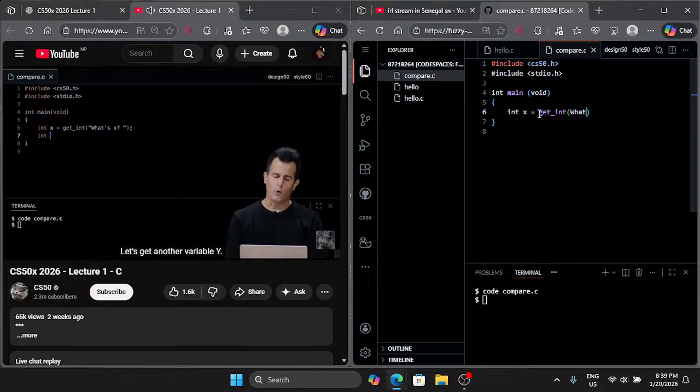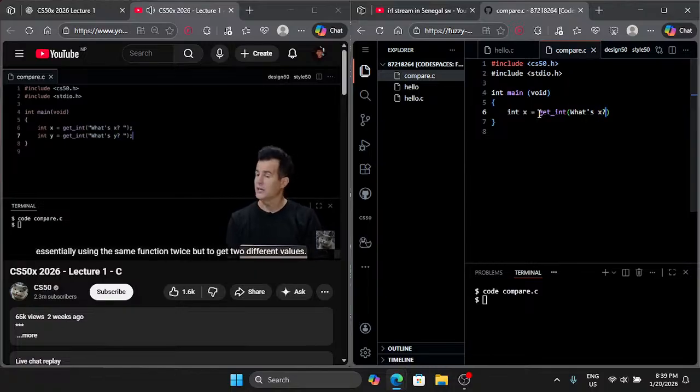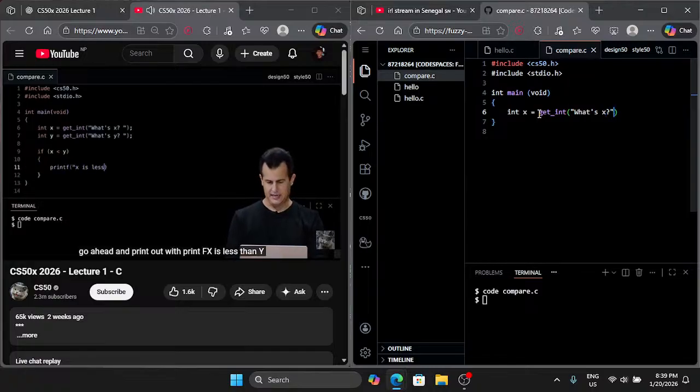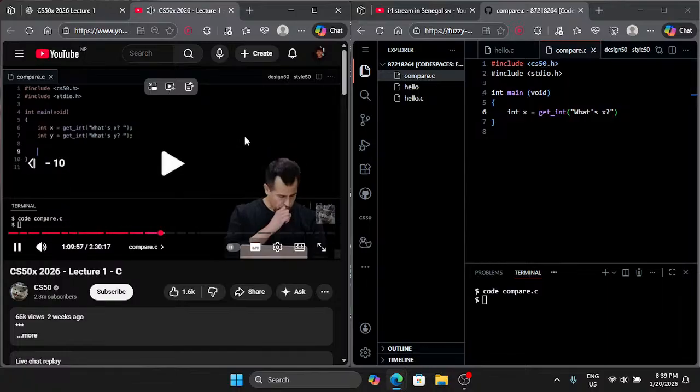Let's get another variable, y, set it equal to getInt again, and ask the user this time what's y, essentially using the same function twice, but to get two different values. Now, let's go ahead and do something pretty mindless. If x is less than y, go ahead and print out with printf x is less than y,